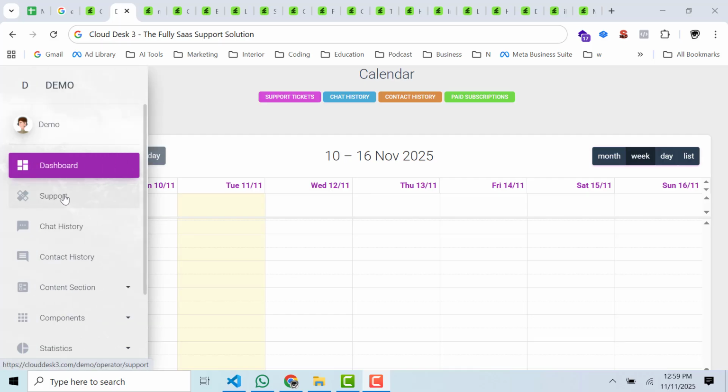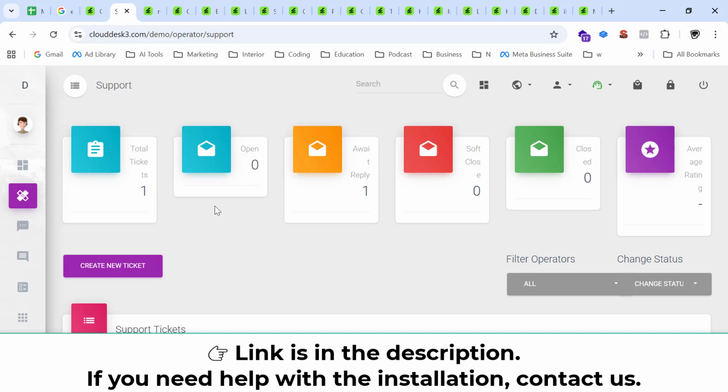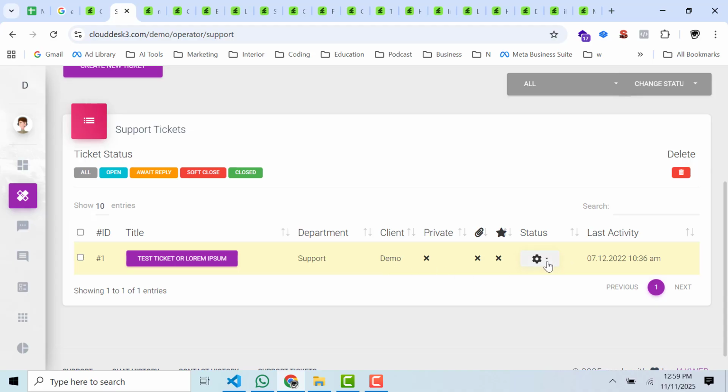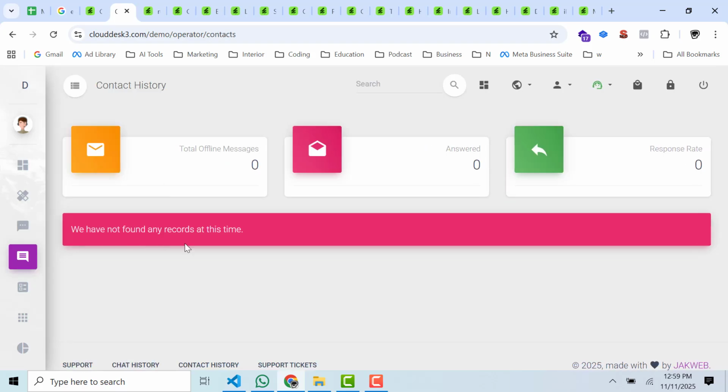Another option is support. See all support information. Total ticket open, away, same pattern. You can see support ticket, see detail, you can set up, then chat history, contact message,